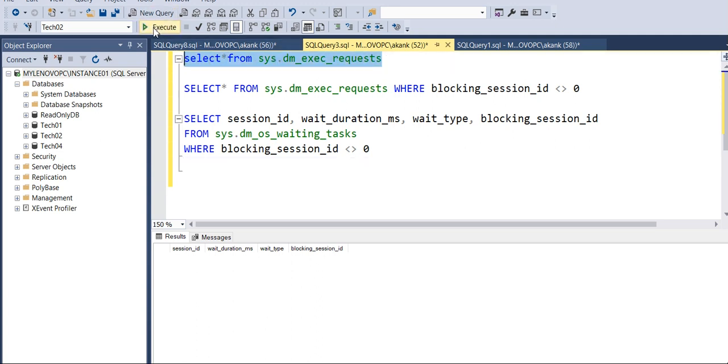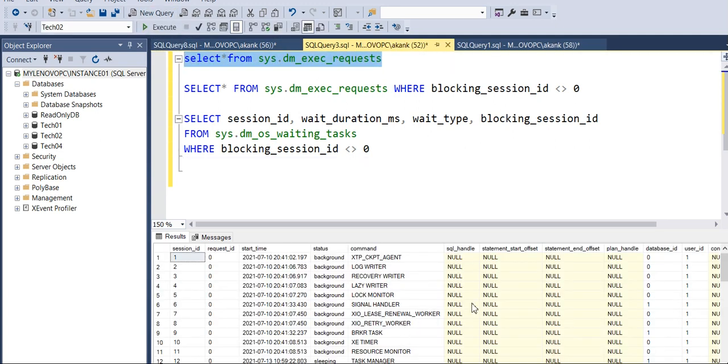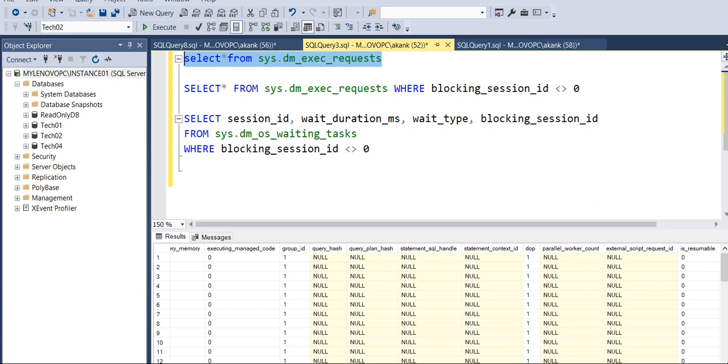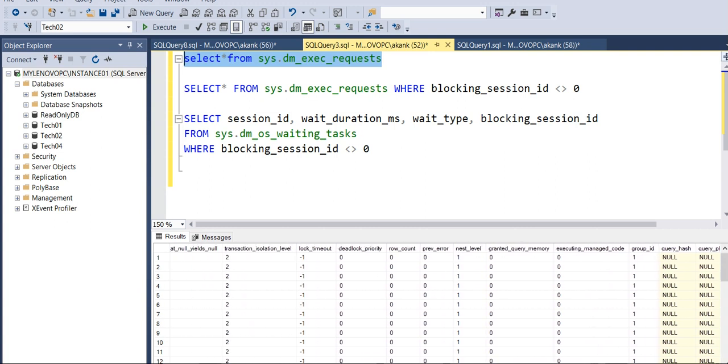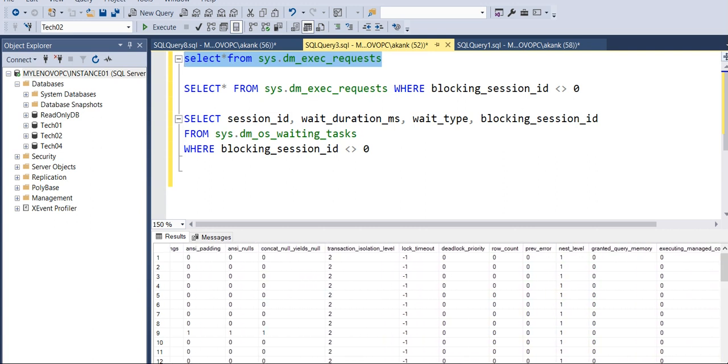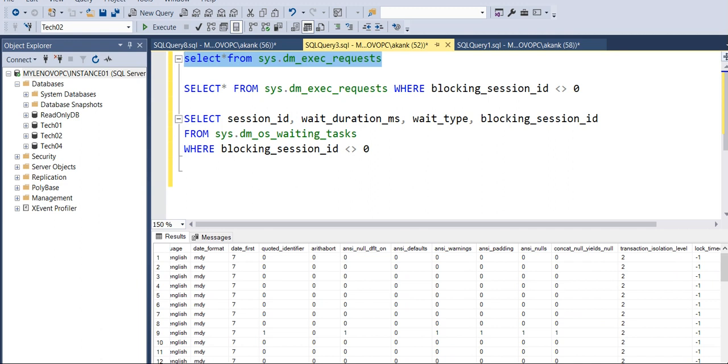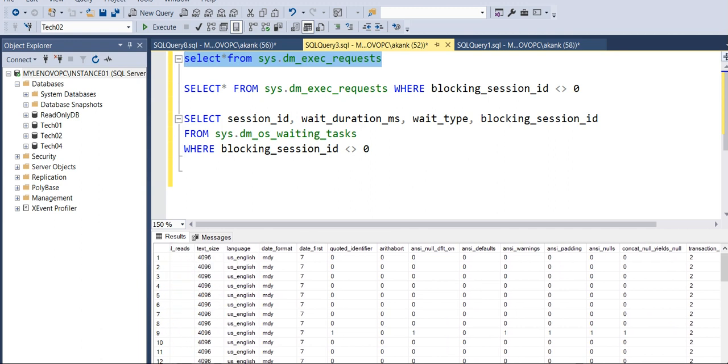If you execute this DMV, you will get all the session IDs, request IDs, the commands which are running, and the blocked query details, along with a couple of more details. This is one of the methods to identify